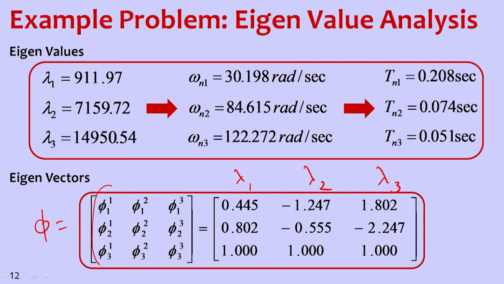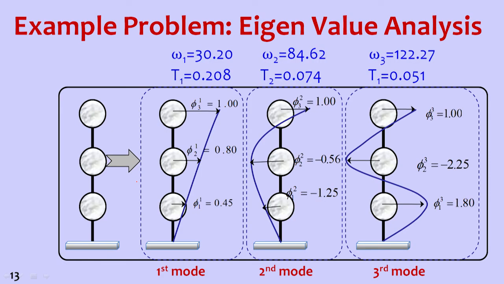So this can be called a vector, and the entire matrix we can call the phi matrix. So this is the physical meaning of it. For lambda 1, the phi vector consists of phi 13, phi 12, phi 11 with corresponding values. The magnitude will tell us how far it is from the center of mass of that floor, and the positive and negative sign will tell us in which direction it is, and when we draw it we will get the mode shape.